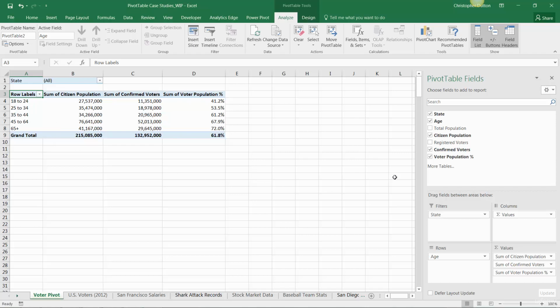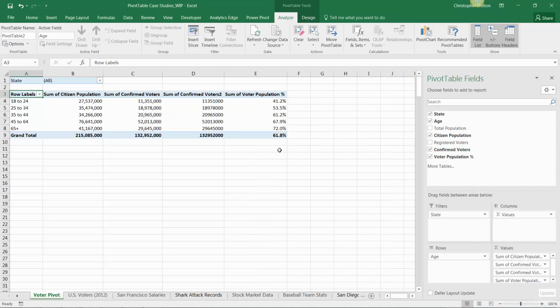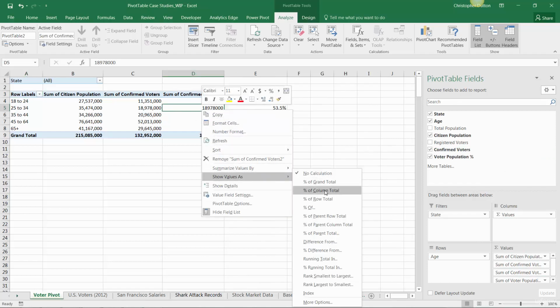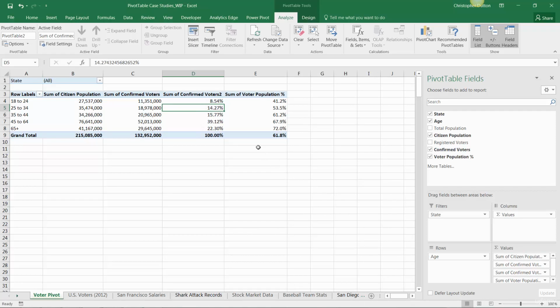Now from here, if we're interested in looking at the distribution of the voter population specifically, let's just pull in a second instance of confirmed voters right here in column D. And now instead of just showing these with no calculation, let's show them as a percent of the column total. Now what this tells me is that among all confirmed voters in this data set, so in the year 2012,